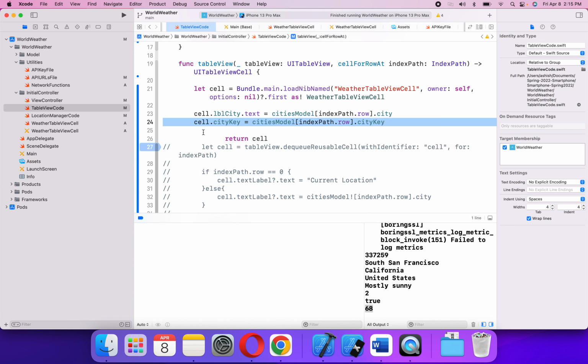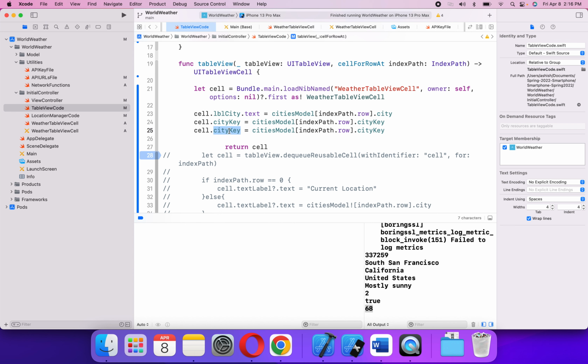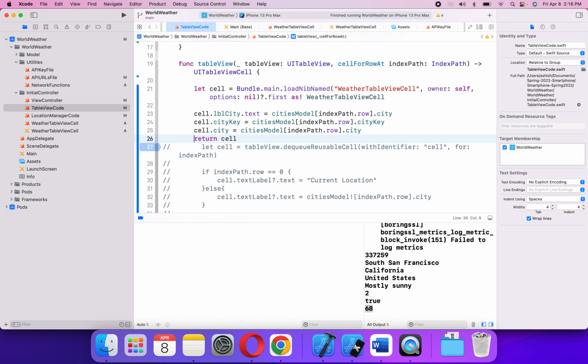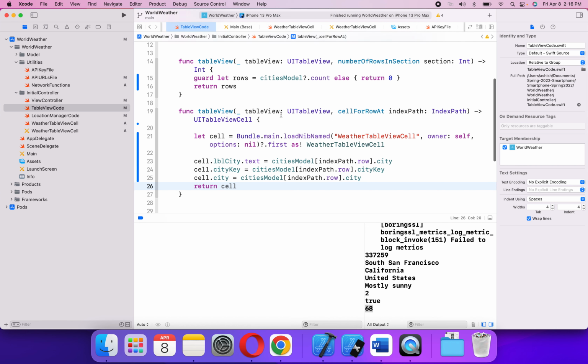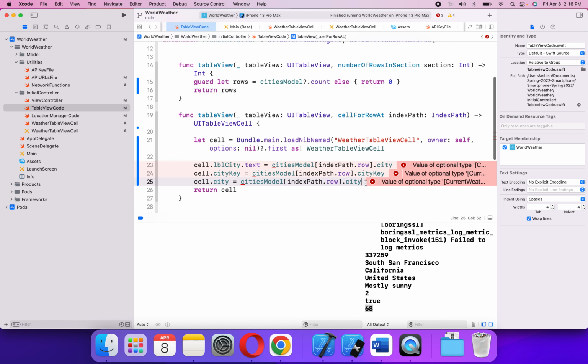And then we'll say dot city is equal to this dot city. Okay, that will be fine. So that'll be fine. We actually have that. Okay, so that is good. Except there is one little problem. The one problem that we have is